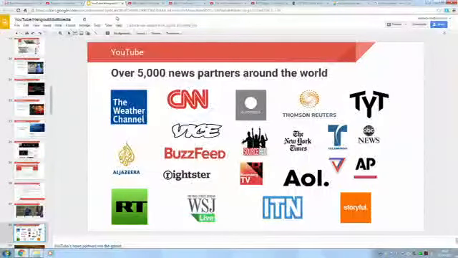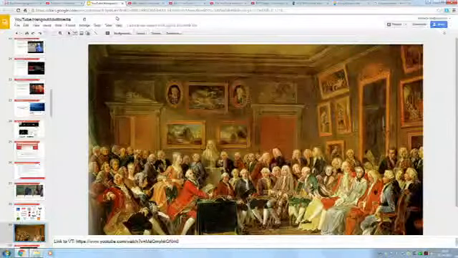Okay, so there are already over 5,000 news partners around the world with YouTube, and so many news outlets have a YouTube channel. I'm sure you know that, because they're very evident and popular, and used in a different and integrated way with what goes on TV. It's very important that we consider the type of format and content that's thought for the YouTube channel is not necessarily the same. Actually, very often it's not the same as what goes on TV.